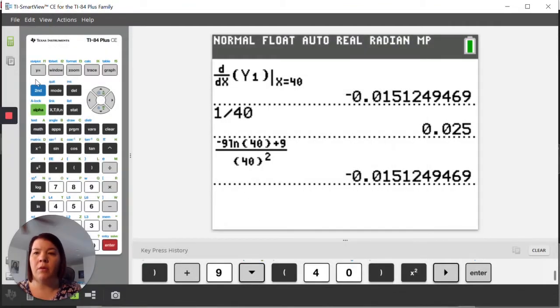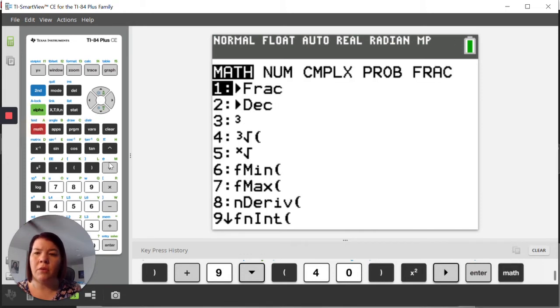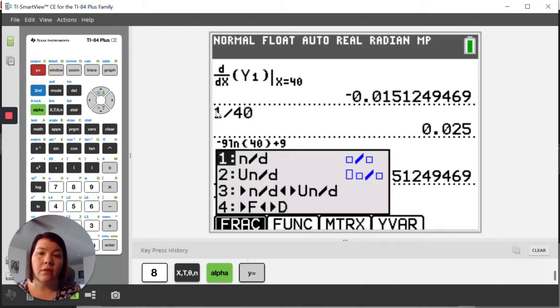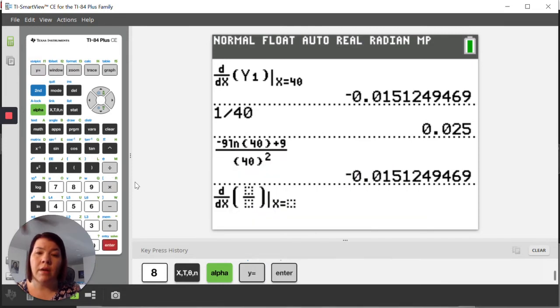And so I'm going to go ahead and I'll just do this the other way. So I'm going to do math 8. And I'm going to take the derivative with respect to x. I'm going to go ahead and type my equation in here. And so I get x squared